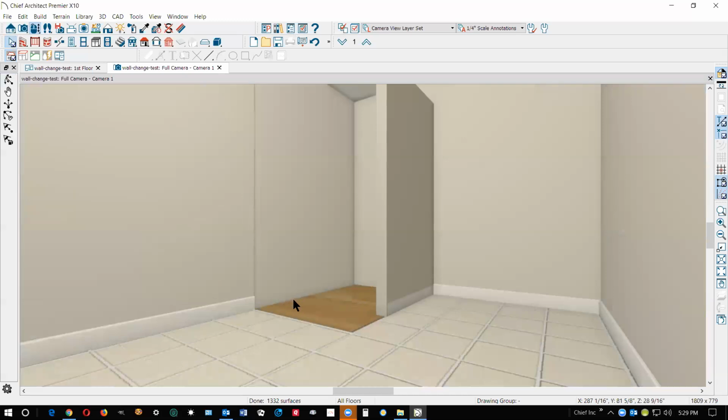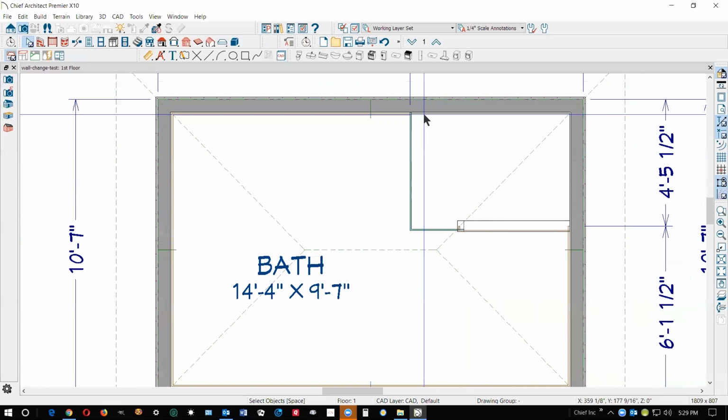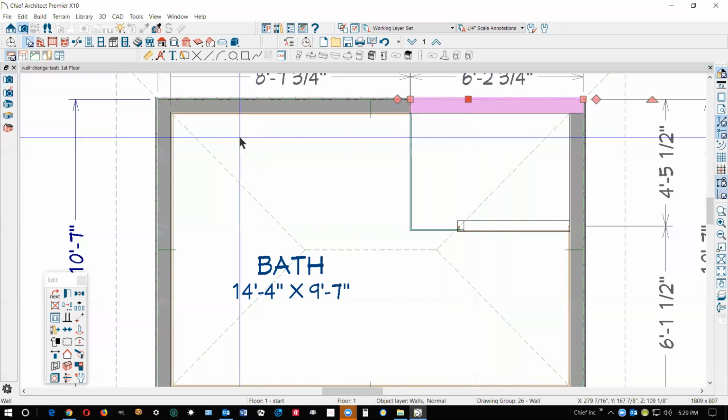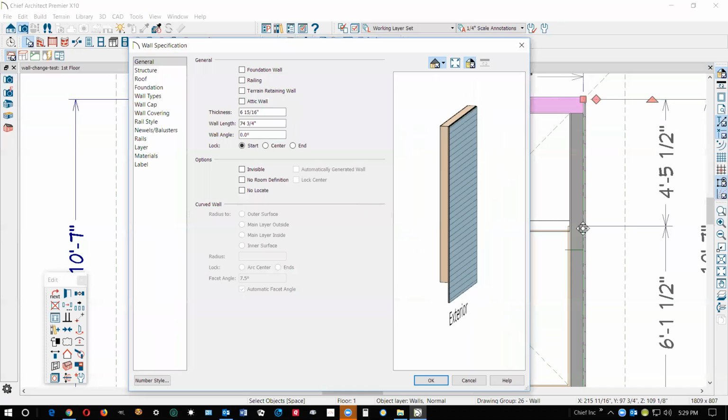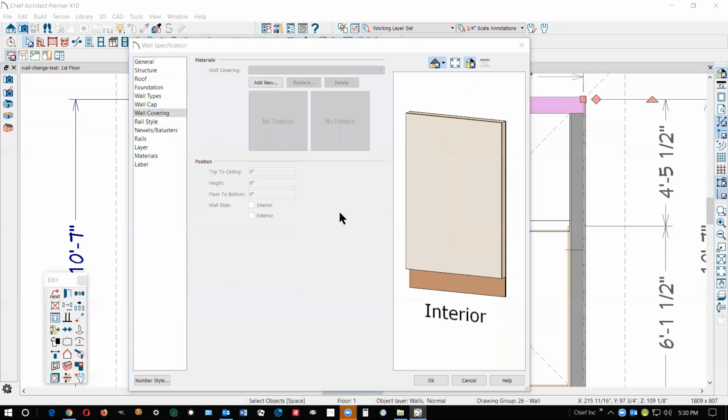You could put a shower pan in there, and we're using various other tools, wall covering or soffits, or put a tile surround in here. If you don't want it to go all the way to the ceiling, then I would use a wall covering. I'll just show you one. I'm going to put a wall break right there to take this piece of the wall, this common to the shower, away from this other piece, which is general to the bathroom. And I'm just going to do the one wall. See, there's the exterior. I want something on the interior, so we'll go to wall covering, add new, and